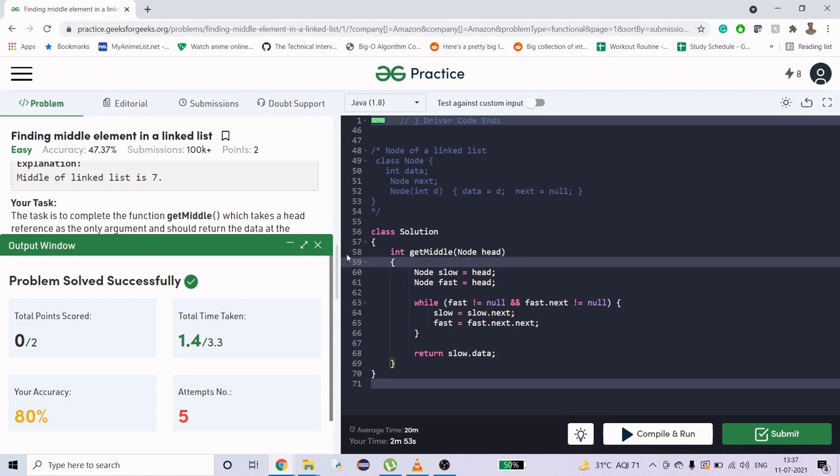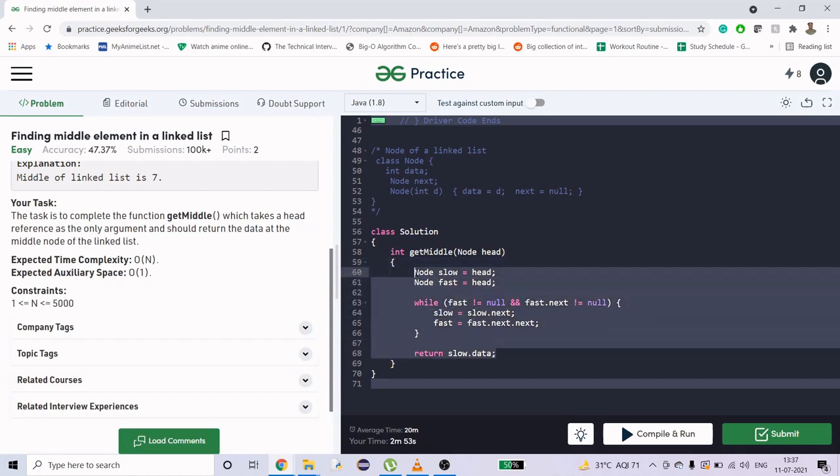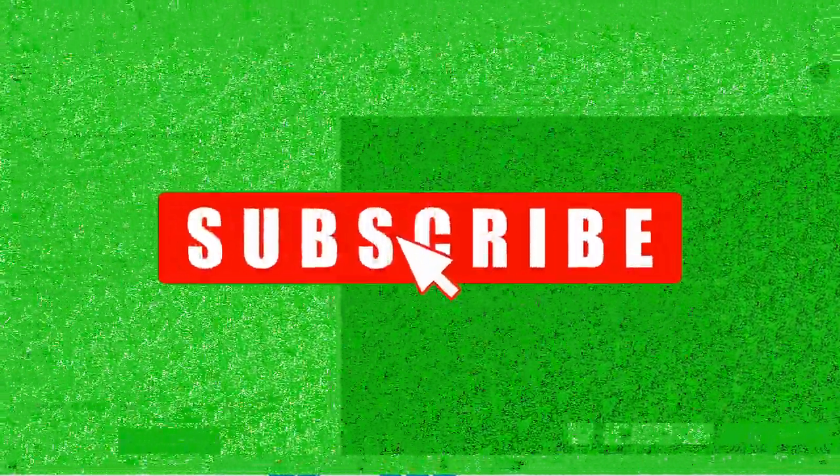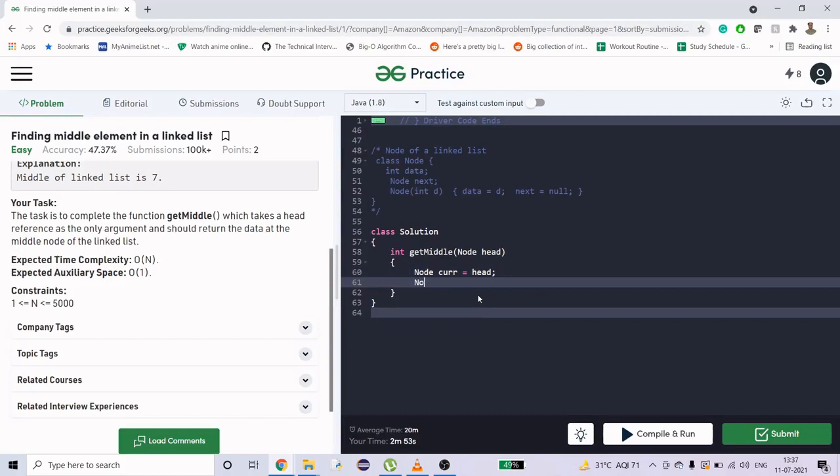In the other logic, we are not going to take 2 pointers, slow and fast. We are going to take current, initialize it to head, and then we are going to take mid.